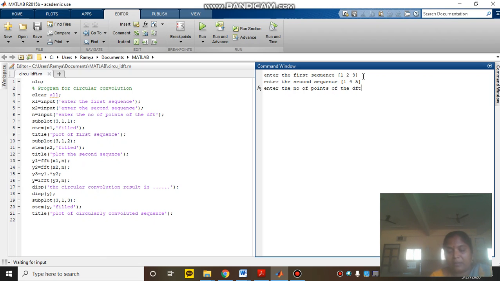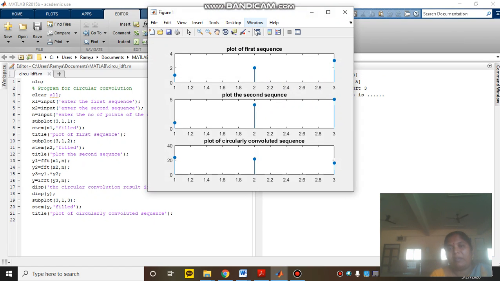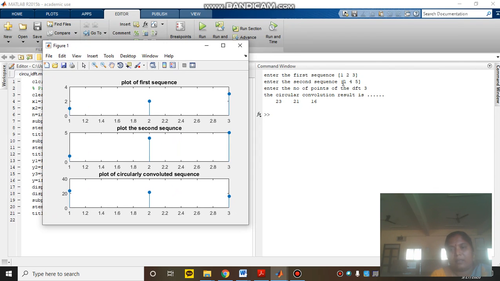The number of points is 3. So I have given 3 samples for x1 and x2, and the number of points is 3. The circular convolution is performed between these two sequences x1(n) and x2(n), and I got the convolved sequence using DFT and IDFT.